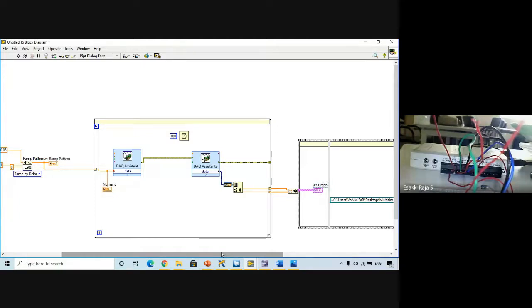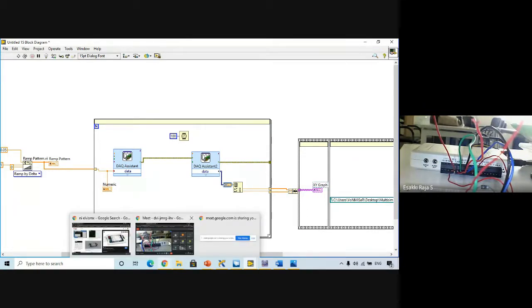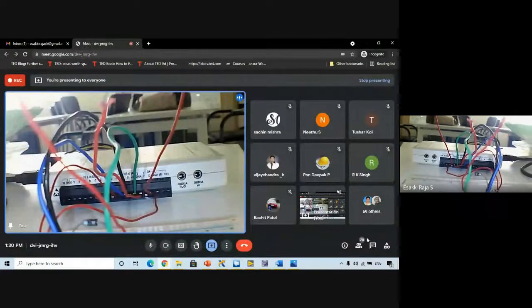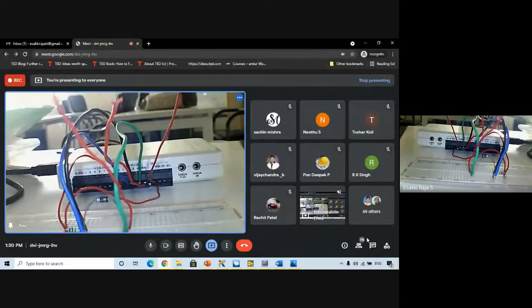If you are not getting a proper output, it means there is some issue with the component. They'll move those components for recycling. So this is how usually in industries they perform testing. They won't do a manual test. Everything will be ATE, automated test equipment. So if you have a doubt about the current code, you can ask now.